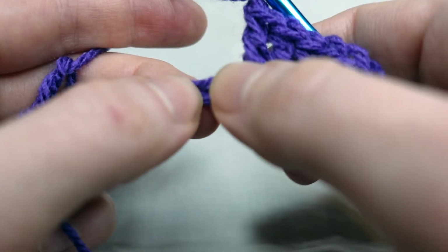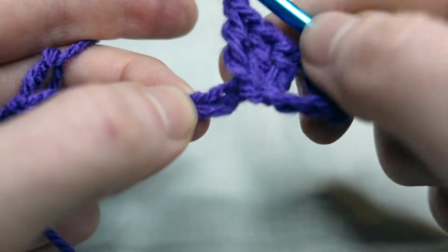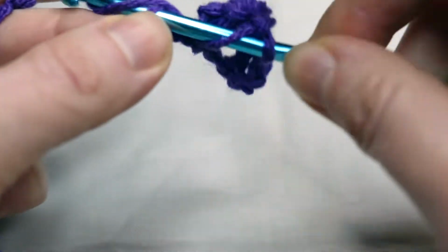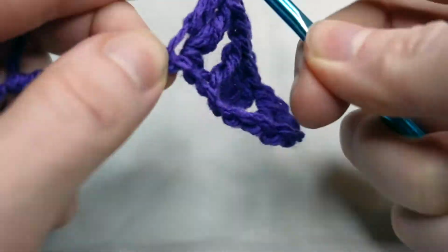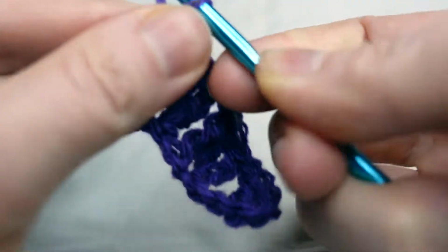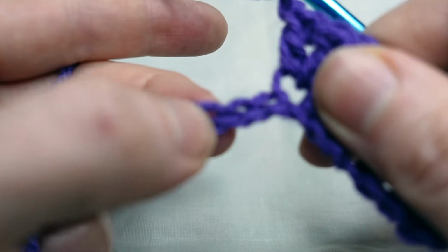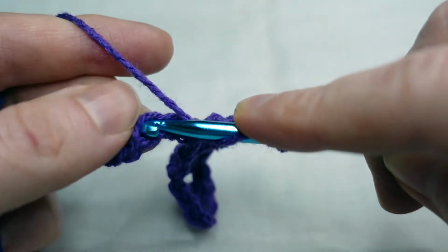And we chain 1. We skip 2 chains and we make 3 double crochets into the 3rd chain. And chain 1. Skip 2 chains, double crochet 3 into the 3rd chain,